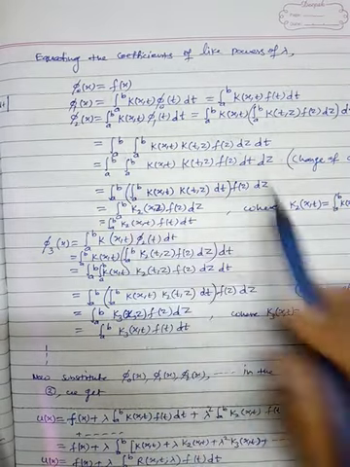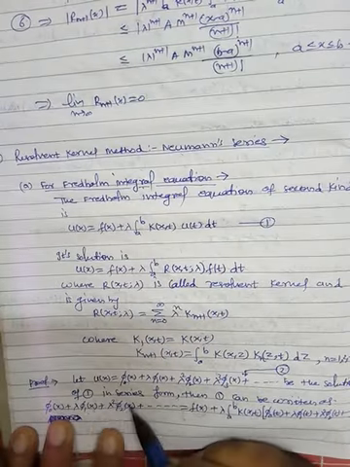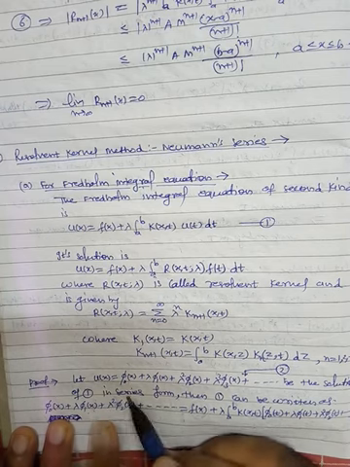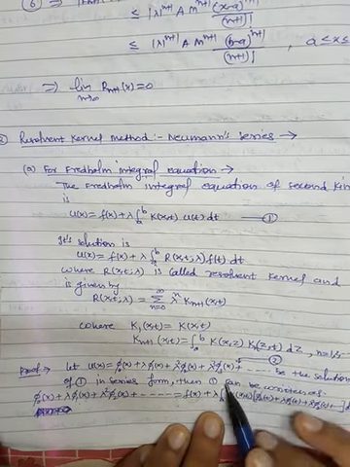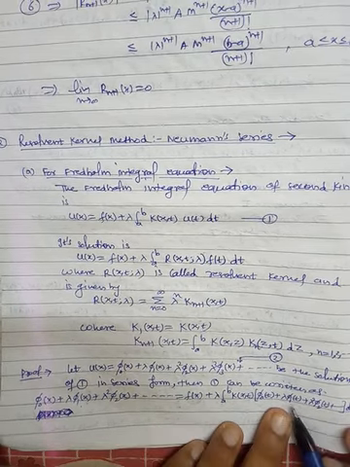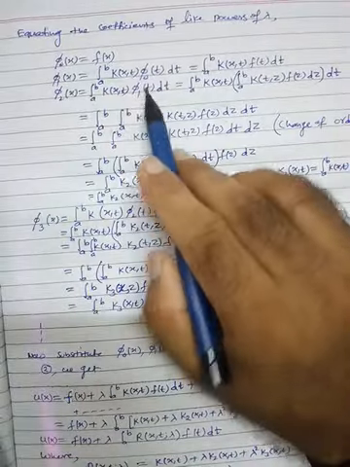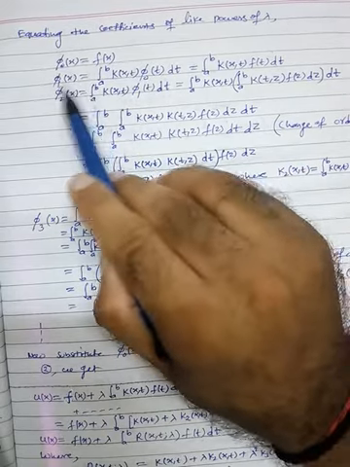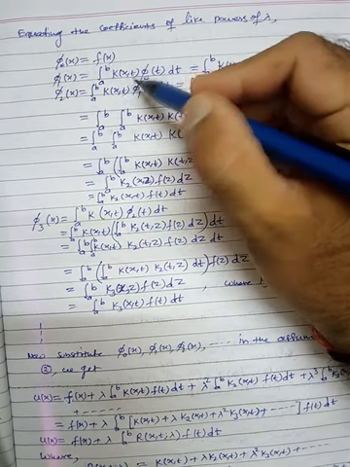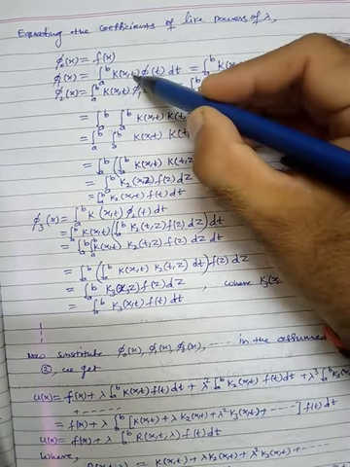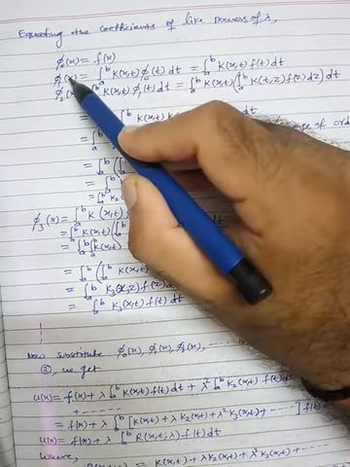Similarly, phi_2(x) in the left hand side is the coefficient of lambda squared. So phi_2(x) equals, here lambda into lambda, so just multiply by lambda squared, the integral from a to b of K(x,t) multiplied by phi_1(t) dt. Fine. But phi_1(t) you can evaluate with the help of this. So just replace x by t here. When you replace x by t here, you get t and t. So to avoid this repetition, just replace this t by t_1. So replace t by t_1 here and then replace x by t.